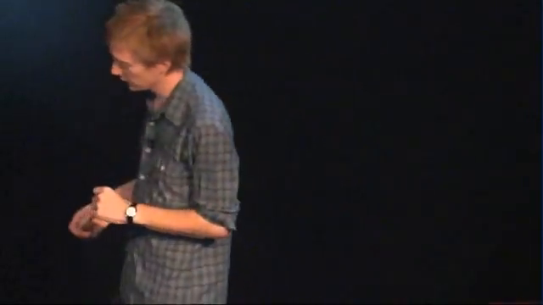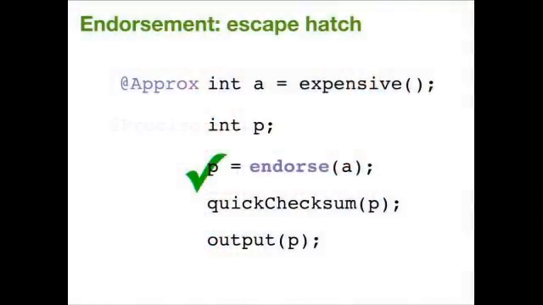This example on the slide is one pattern that we see a lot, which is to say you do something expensive, and then after that you want to do some sort of cheap checksum. Approximating that checksum would be bad for two reasons. First of all, it doesn't buy you much because the checksum is cheap, and second of all, you probably want that checksum to be correct, even if the input data is approximate. So at that point, you want to endorse the value to make sure that it is allowed to flow. So we provide this endorsement construct, which just explicitly lets the programmer say, this is fine, I know what I'm doing.